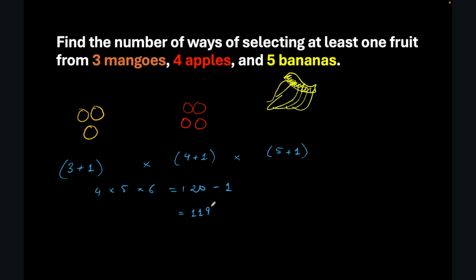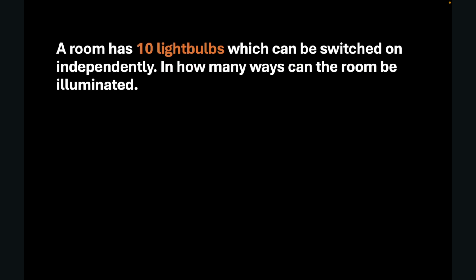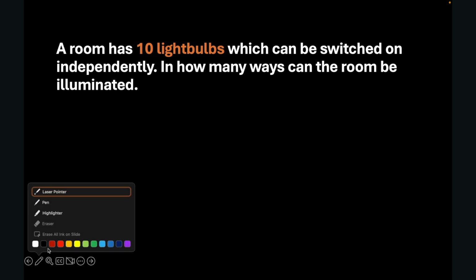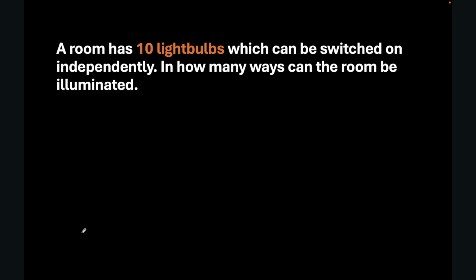Again, there is no formula to solving these questions. It's intuitively done. You don't really need a formula. As you can see, I've done these questions intuitively once you get the gist of it. And that's about it. I don't think the IB confuses you too much on them. It's pretty straightforward. All right, okay, so the final question in this video is, a room has 10 light bulbs,